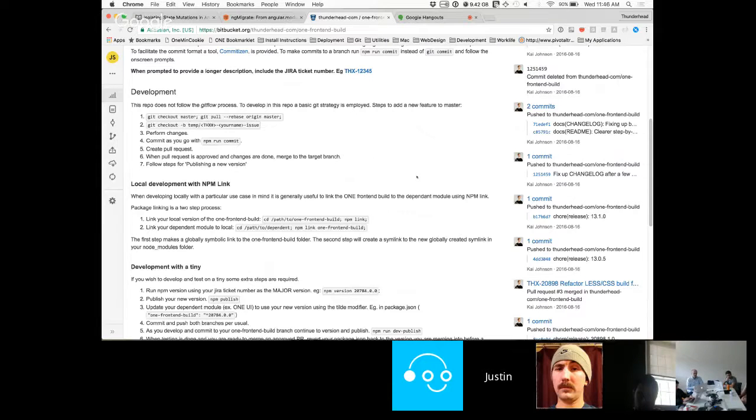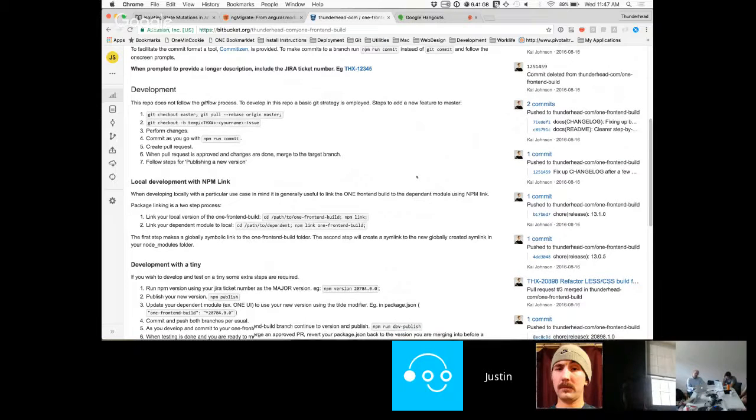It creates a global symlink to your package, so when npm sees that, it doesn't make network requests to our npm cache. It goes and gets it from the symlink, so it just hops over to your local directory. So you can test it locally without publishing versions all you want. Maybe you need to test with a tiny though. It's a little bit different.